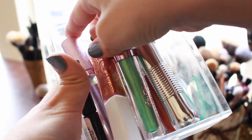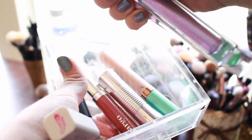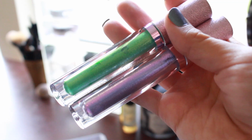Anyway, keeping that in here. I did try the Diamond Crushers this past month. I didn't try the green one, but I tried the purple one. So I'm very proud of myself that I actually finally tried them, and I'm just not the biggest fan of it. They don't really dry down, at least when I topped it